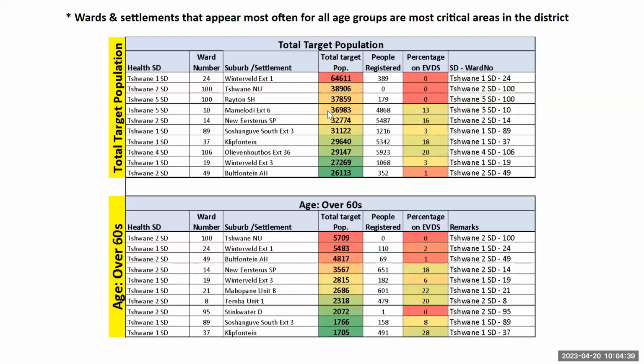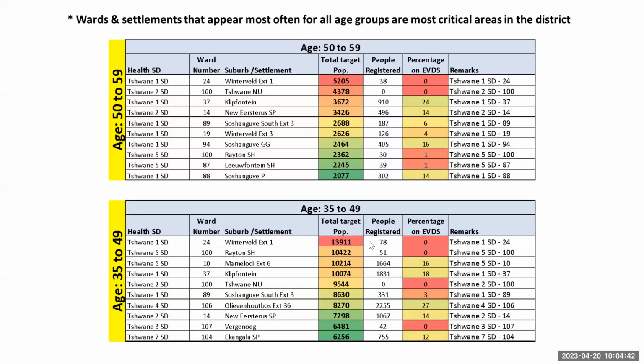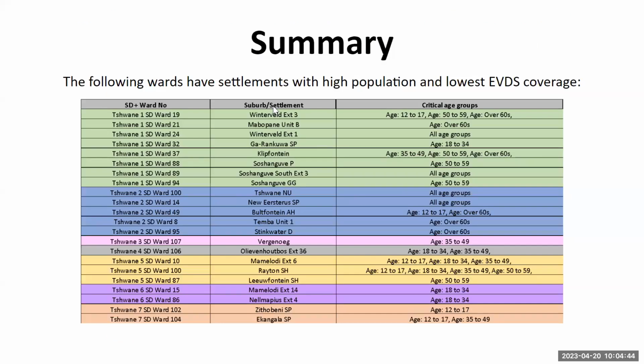And then we take all this information, about 6 tables, and put them into one table and say, look, if we analyze the previous data set, in sub-district 1, in Ward 19, there's a settlement called so-and-so. You have a problem for these age groups. So when you go there with a message that speaks to those age groups, you are creating demand or trying to identify what the issues are. Or it will say something like within a specific settlement, it seems like we have a problem with your over 60s, all the age groups. So this is how GIS was